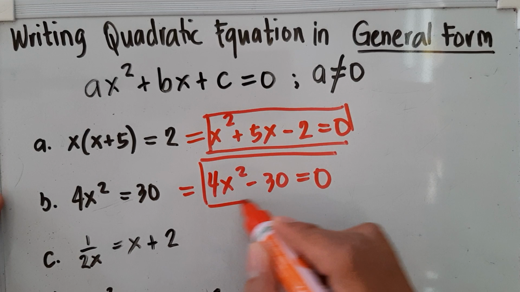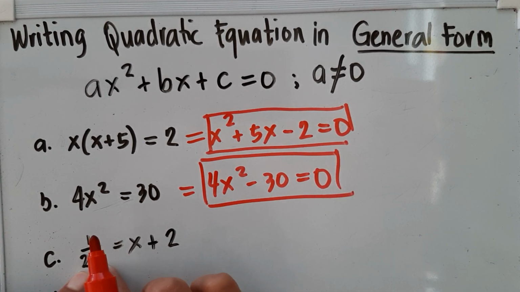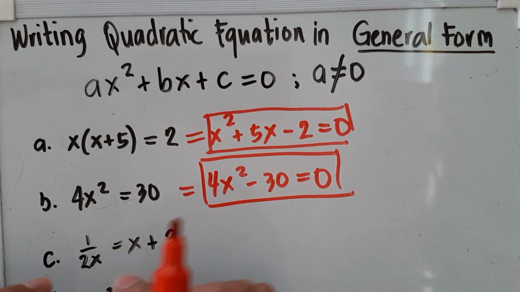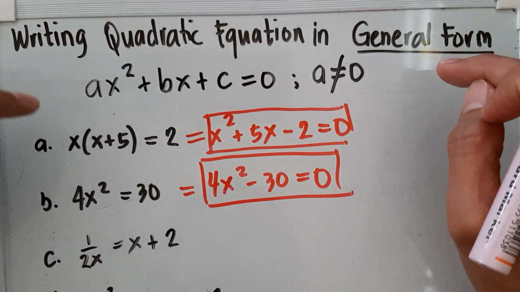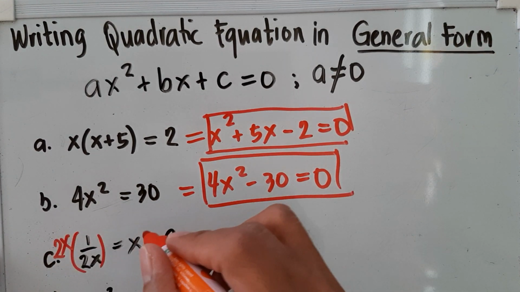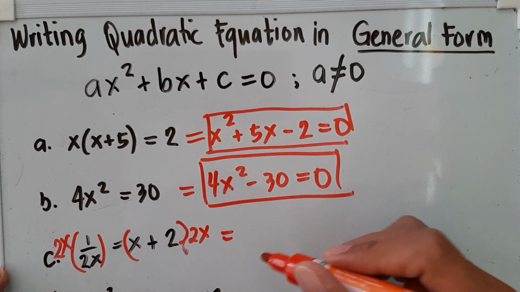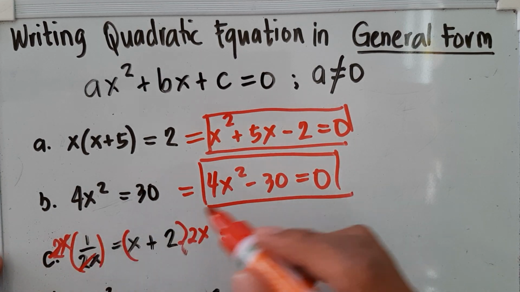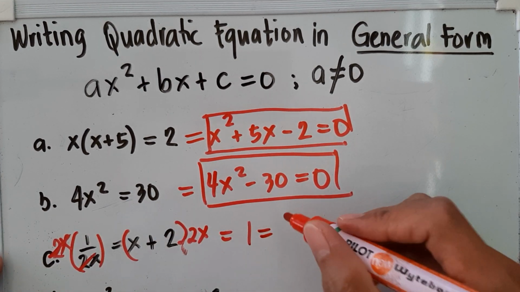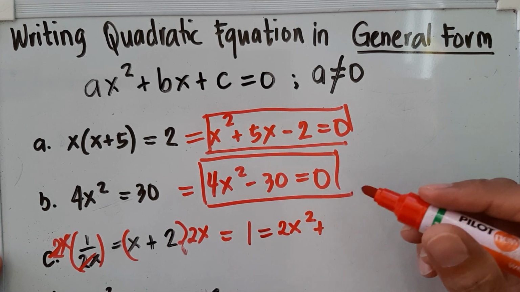Simple as that, okay? And for this one, you see that one of the variables is in the denominator here, right? So what we normally do is we multiply, because we want to make it no denominator, or the denominator should be 1. So we multiply both sides by 2x, okay? 2x. So this 2x and 2x will be cancelled out. So 1 is equal to 2x squared plus